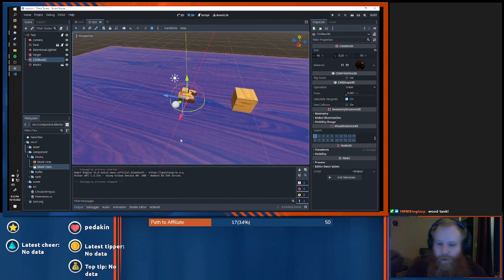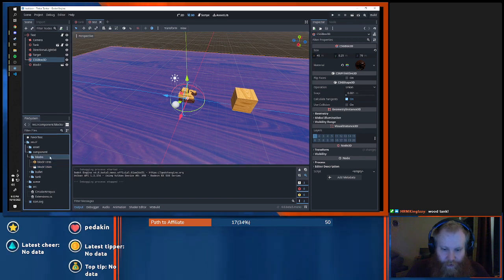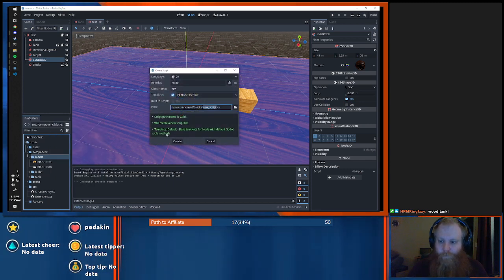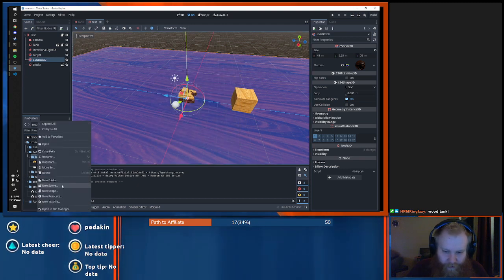Okay, anyway, we're going to do this with the floor now. I'm going to go ahead and create a floor scene. Now we're just going to call this floor. Actually, I'm creating a script, not a script. I want a scene. New scene.